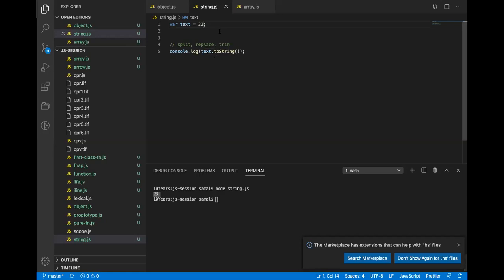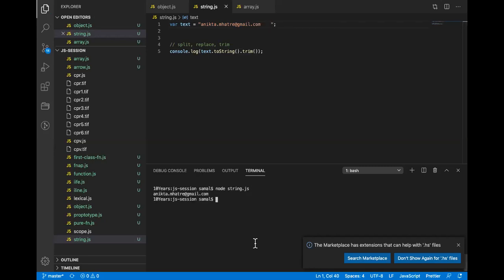So in the case of a string also, whenever I do a trim, trim can only be operated on a string, so I always do toString trim, just to give me a kind of safety, so that in case the value is not a string, the trim function will not crash. If I run this, it will still work.